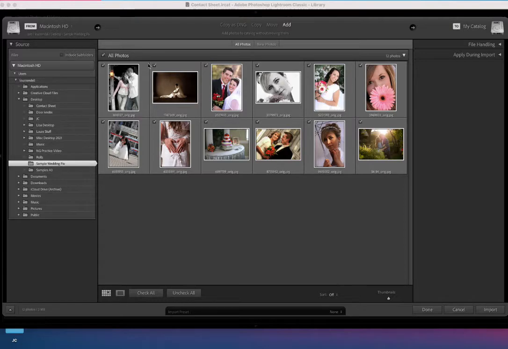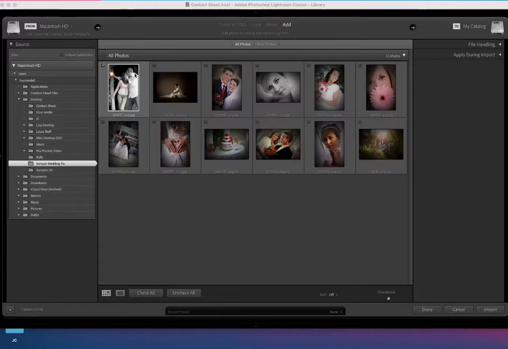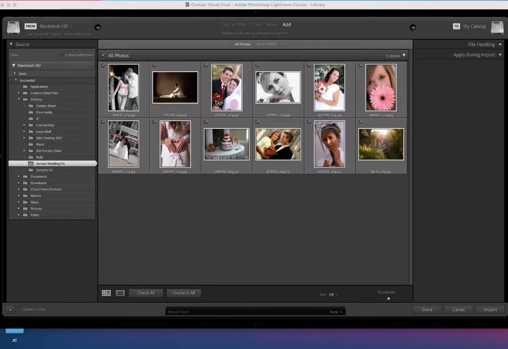And here they are, and you can uncheck them. You can check just the ones you want. I want to use all of mine, so I'm just going to hit all photos. But let's say you have 100 photos here and you only want 10 or 12 or 20 or 30 on a contact sheet, then pick just the ones you want. But if you've got exactly what you want in that folder, you can hit all photos, and then you hit